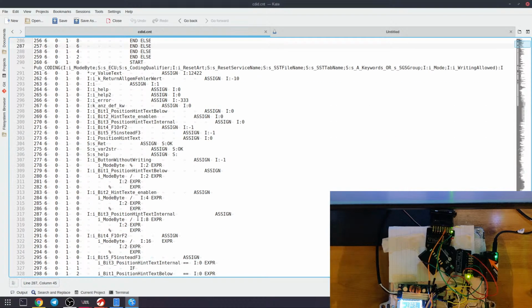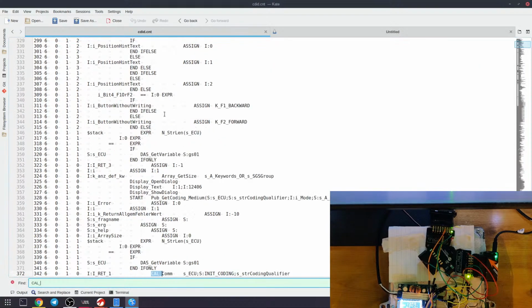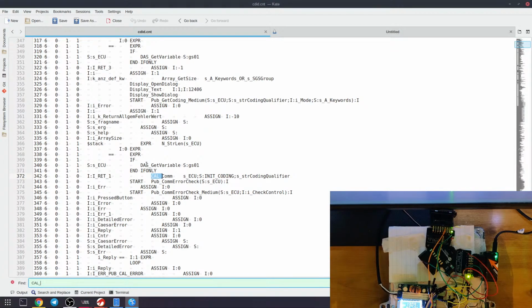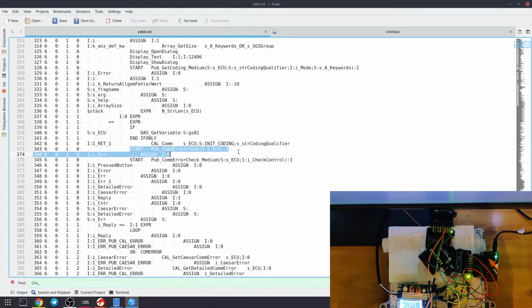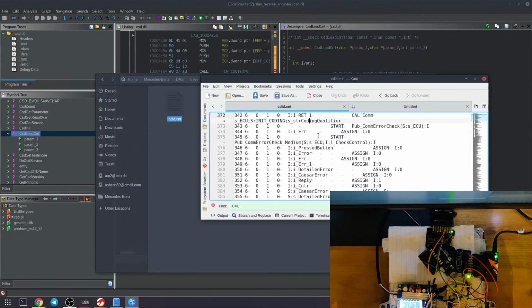Now also one thing to note in these functions is that they're function calls to cal. So if I find cal underscore, here we go. This is a bit more confusing as well, because I don't know what this is doing. You've got another start function, but just before you have a function called to calcom, and then secu, sinit coding, string coding qualifier. So if we go ahead and find that function,